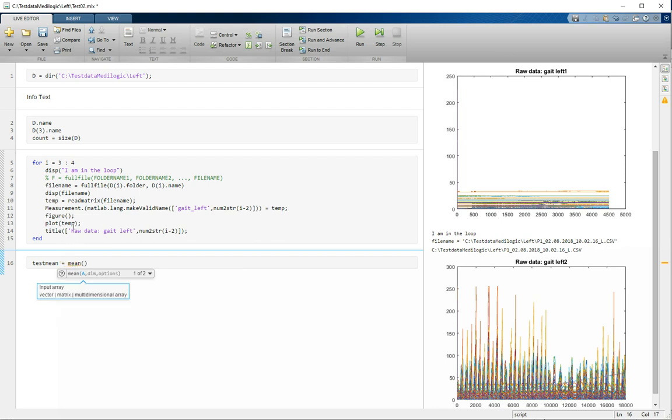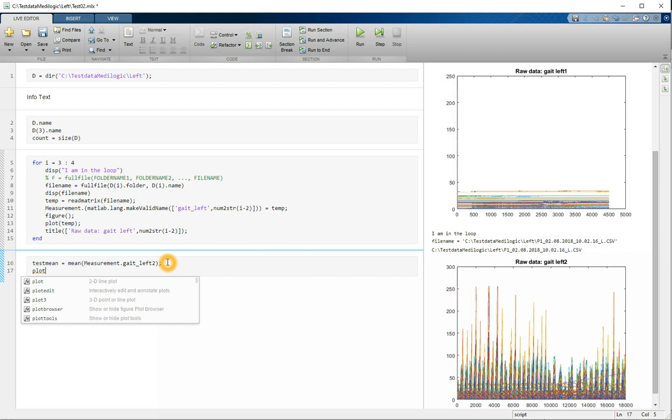So I have the measurement data variable here, measurement dot GAIT underscore left 2, because the left one is the offset measurement, and then I want to look up what happens, and I plot my test mean variable, and to not plot it in the other window I use a figure, and run the section